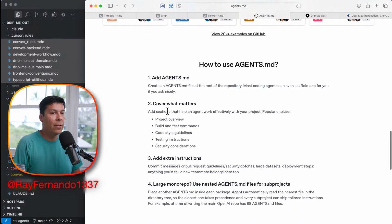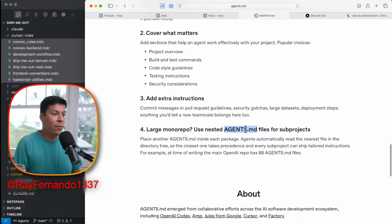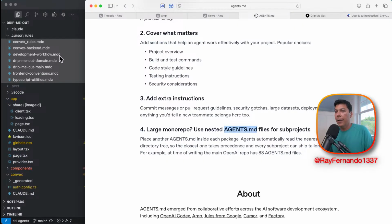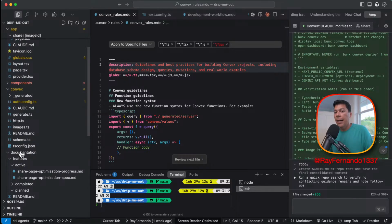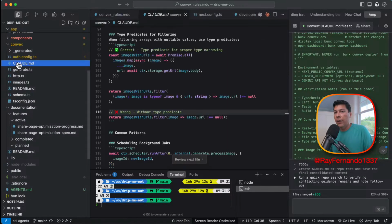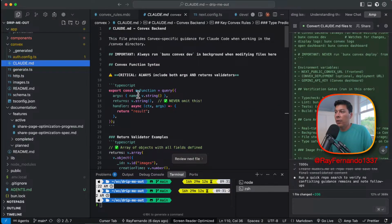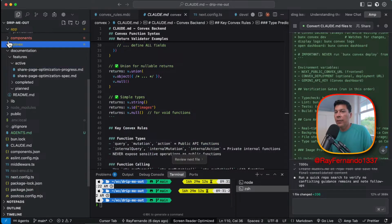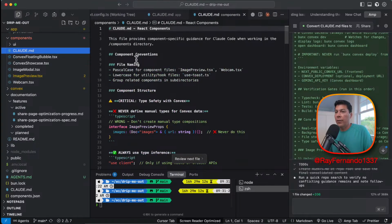And so these are very similar to Claude.md files, where if you have a big mono repo, you can nest the agent files, just like I was doing with Claude Code. That way, the agents can actually be familiar when they're traversing. So in Convex, I actually have a Claude.md file inside of Convex. So this describes all the different things that I need to do when I'm working specifically in the Convex codebase. And in my components, I have a Claude.md file here, and this describes how I use the React components